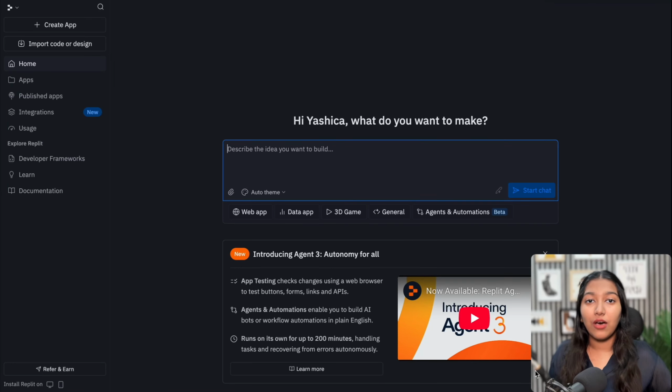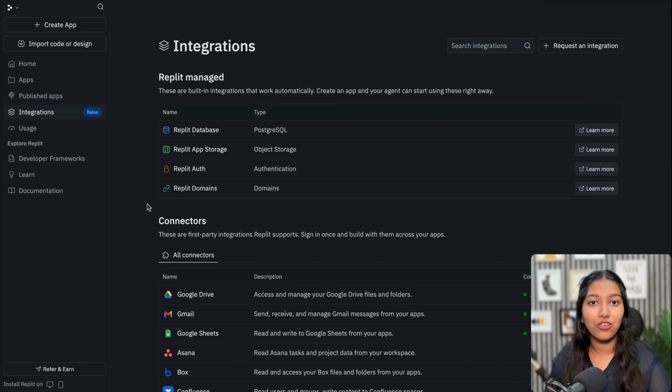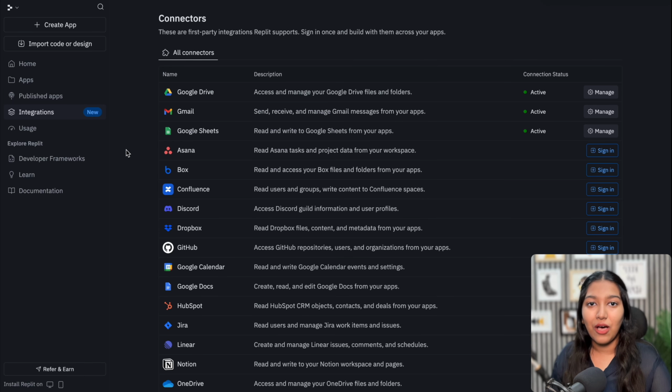We all know that now we can create full stack web applications with just prompting, which is also known as vibe coding these days. And Replit is one of the best vibe coding platforms out there where literally anyone can go ahead and create a beautiful website or a very powerful web application and even automation. And the cherry on the top is that Replit has recently launched connectors, which means that now we can connect these platforms directly into our applications with a single sign-in.